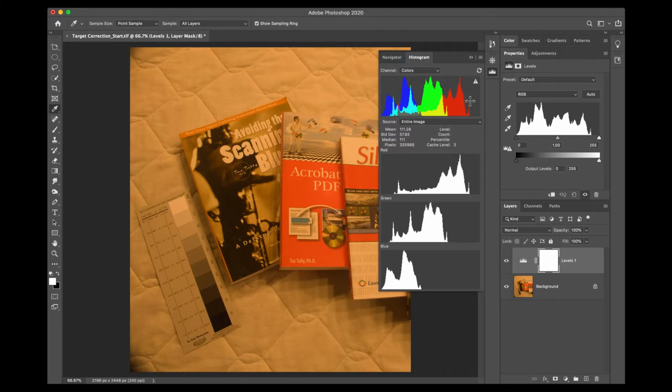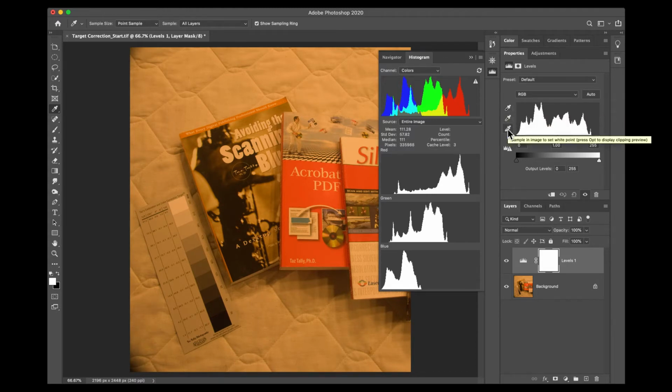I want to color correct the image by using this color chart that I have in my image. So what I will do is there are 3 color pickers here. These color pickers have colors on them. One is black, another one is white, and the middle one is gray. Basically your dark tones, your